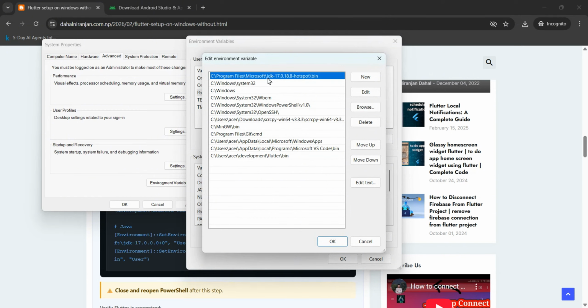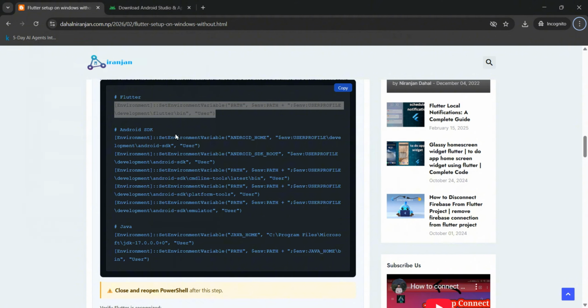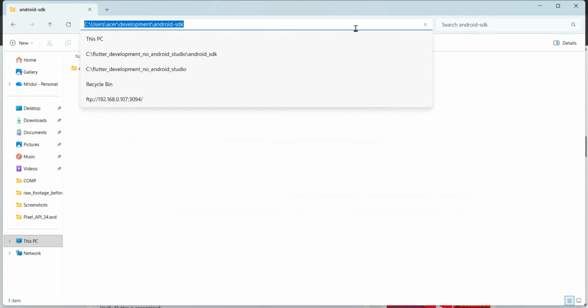Okay, so let me check, is there any duplicate? There is no duplicate, and at the end there is the Flutter bin path which we need. For the others, we will not copy paste as we already see that it creates duplicates, so we will do it manually. We go inside development/Android SDK and copy the path,